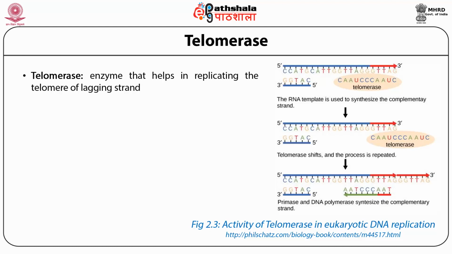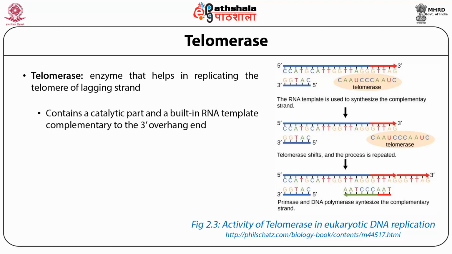This is an enzyme which has an inbuilt RNA template which is complementary to the 3' overhang end of the lagging strand. As we have already discussed, the telomere sequences are consensus conserved repeats. So it's no wonder that the consistent RNA template can remain built in with the telomerase. Reverse transcriptase-like action of the telomerase ultimately results in synthesis of the telomere of the lagging strand, thus completing the